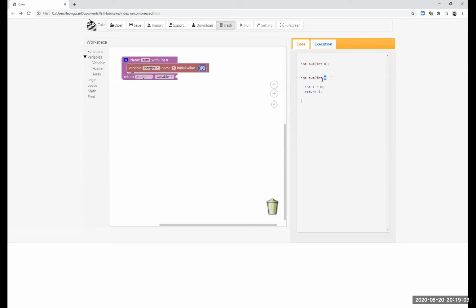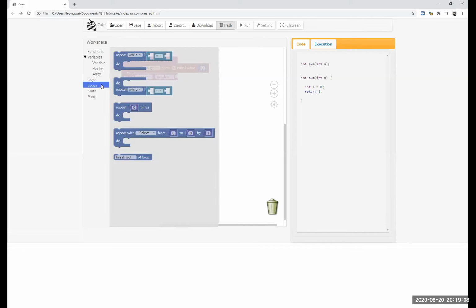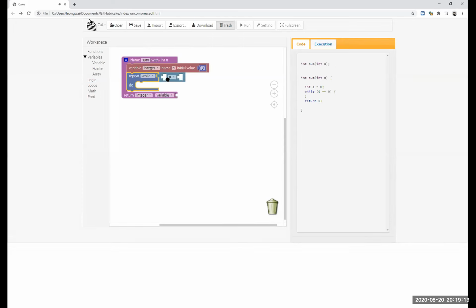I want to add 5 plus 4 plus 3 plus 2 plus 1, so I'll have a loop. I can do a while loop: repeat while n is more than 0. Initially n is say 5. Then I want n to become 4, 3, 2. So I want to add to S. So I set S